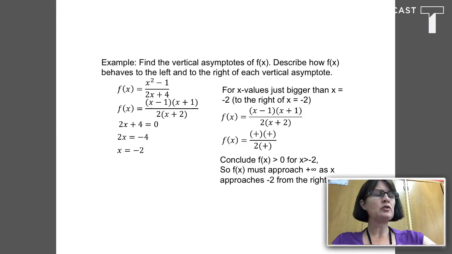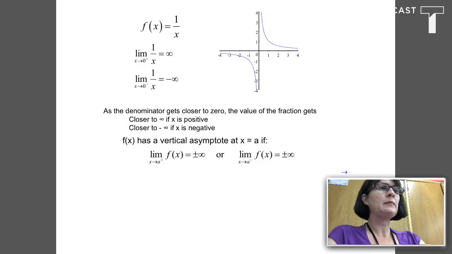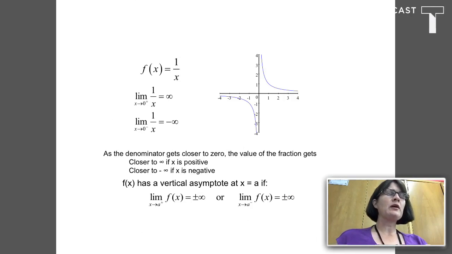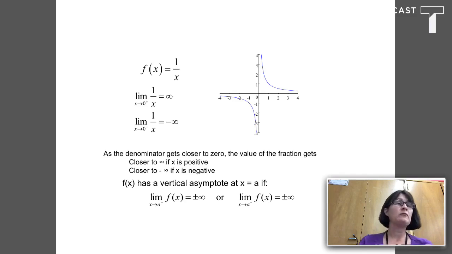So we have talked about what a horizontal asymptote is and how to find them. Let's go back to our picture of y equals 1 over x to explore the meaning of a vertical asymptote now that we've talked about limits a little bit. So if you notice here,